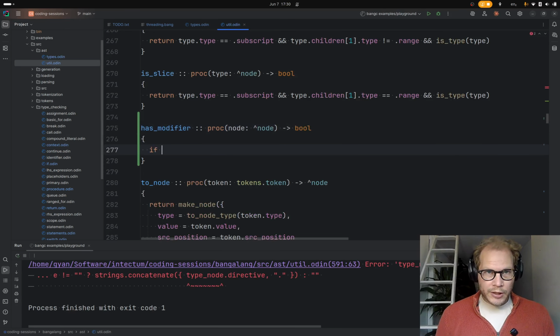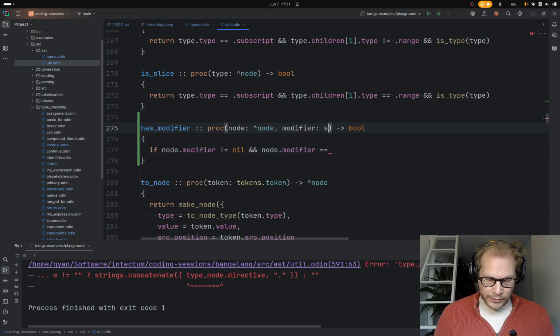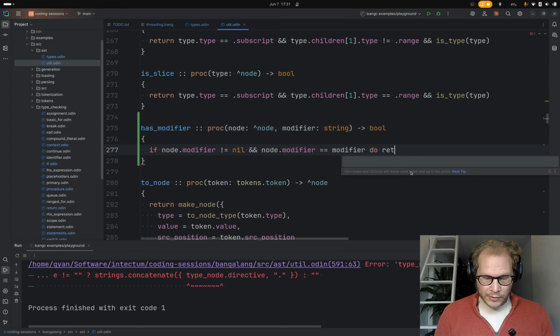So first we'll say if modifier is not nil, and node modifier equals, so we need to pass in a value to compare it to, equals that, return true.